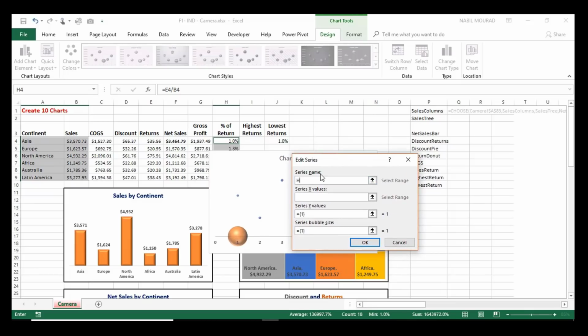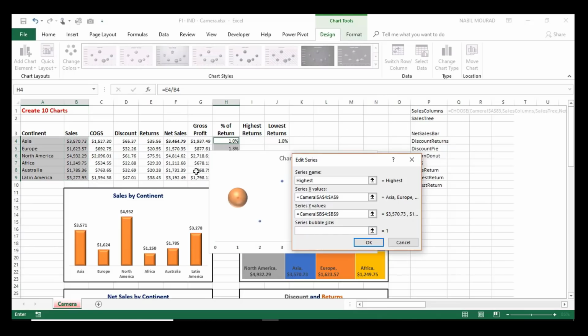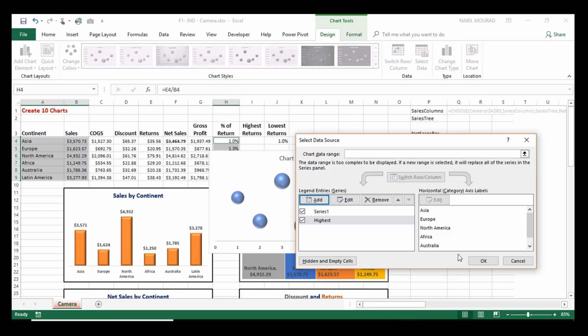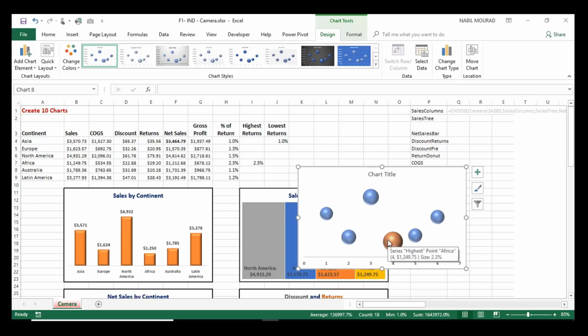And now I want to name it, let's say, Highest, to represent the highest return. And then for the x-axis, I click and drag to select the continent. For the y-axis, I delete the value. I would like to select the sales. And then for the bubble size, I want to select the column where I created my new calculation. So I click and drag to select the columns from I4 to I9. And then when I hit OK and another OK, I would have created the second series,